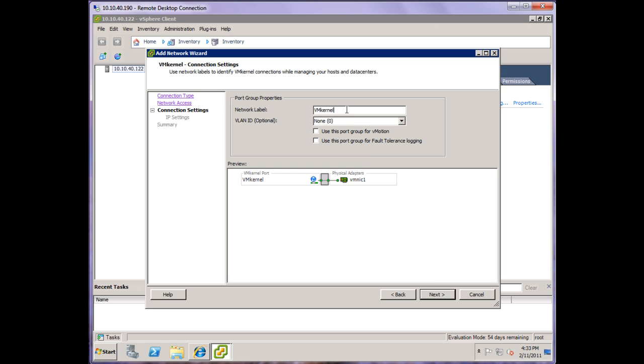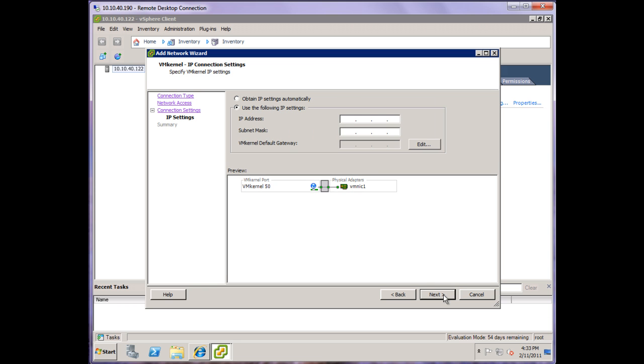We name it, and by default it's going to give you a network label of VM kernel. I like to try to identify it, so I'm using a network that has a 50 in it. You'll see later in just a minute what I'm talking about. So I'm going to label it VM kernel 50. We're not using this VM kernel port for vMotion or for fault tolerance, so we'll leave those boxes unchecked and we'll click next. We have to give this VM kernel port an IP address, and so I'll use